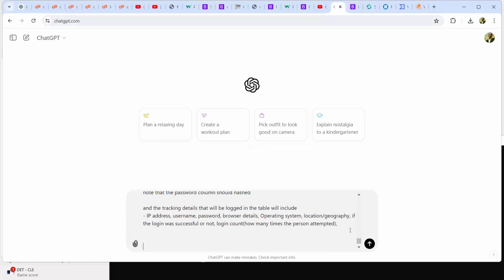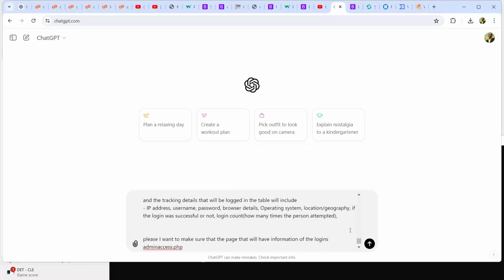We can say, okay, please, I want to make sure that the page that will have information of the logins is secured. That's to say, you must put a password to access it.